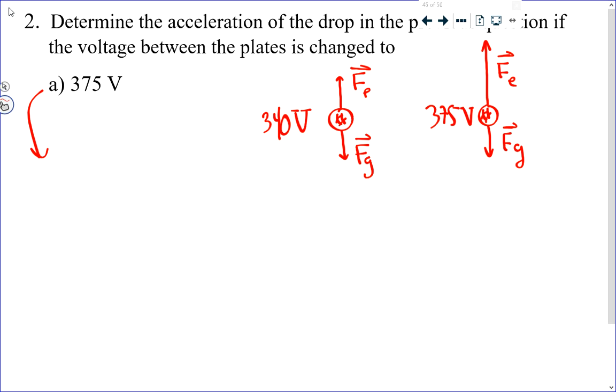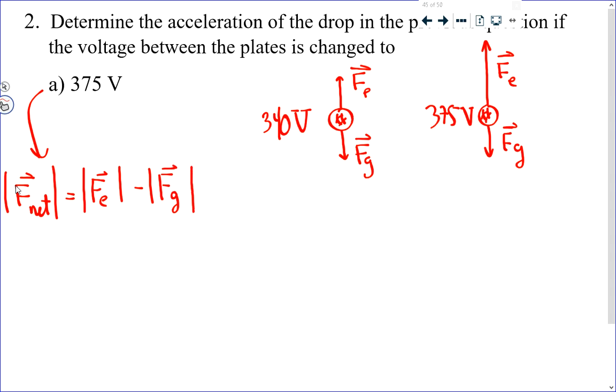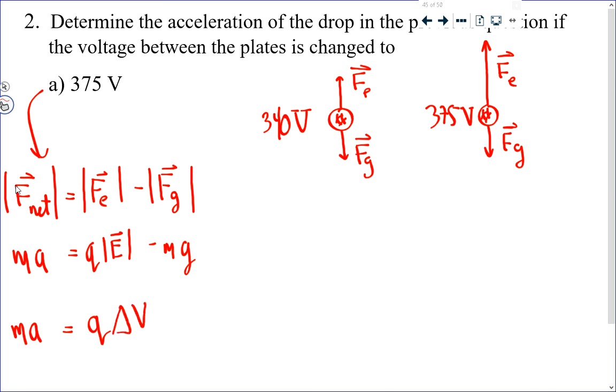What we are talking about is that the net force has a magnitude that's equal to the electric force, which is a greater amount of force up, minus the gravitational force, which is a lesser amount of force down. So we build the equation and write Ma equals QE minus mg. Go one step further and write Ma equals Q times potential difference over distance between the plates minus